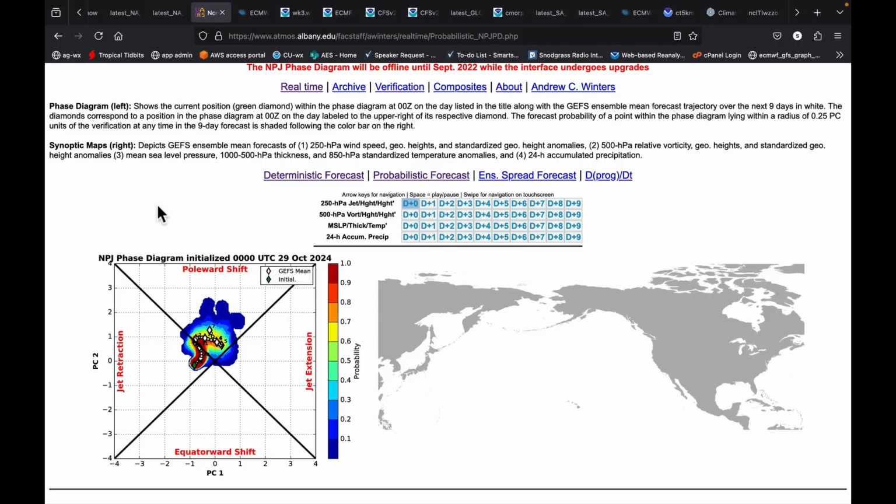The jet stream, this is a great website out of State University of New York at Albany, and it's showing us that our jet right now in the Pacific is poleward shifted. And that could be a reason why we seem to be unable to get major change in temperature over Alaska to start to drive a different pattern across the U.S. But I'll be watching this carefully to see any big shifts in it.